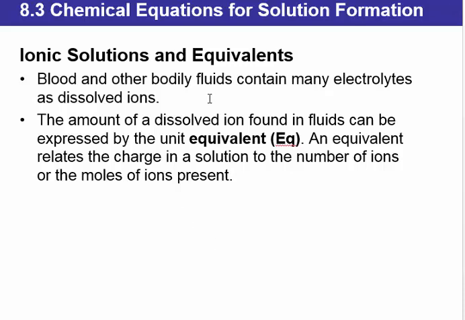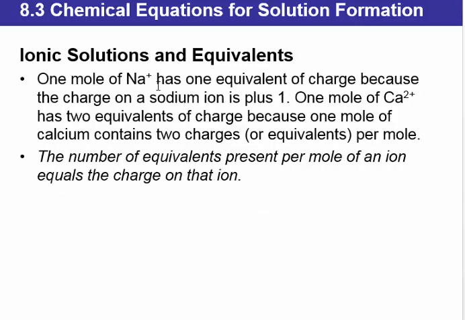Blood and other bodily fluids contain dissolved ions, which are generally referred to as electrolytes. And the unit we use to describe the concentration of ions is known as an equivalent. An equivalent relates the charge to the numbers of moles. So, for example, 1 mole of sodium cation is equal to 1 equivalent, and 1 mole of calcium is equal